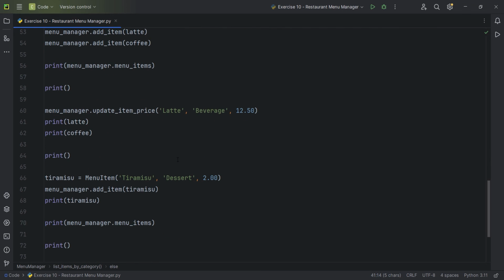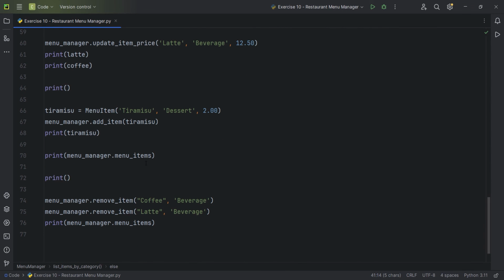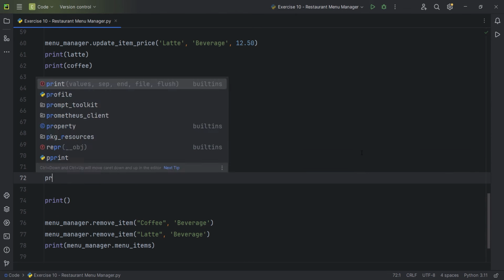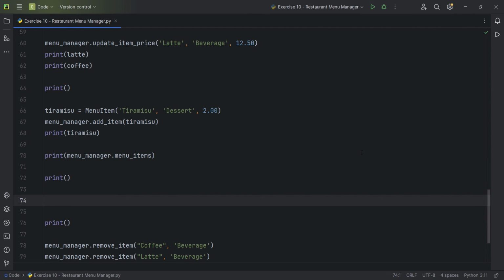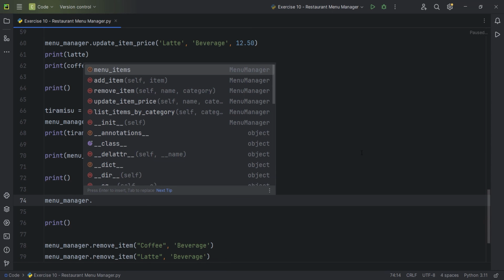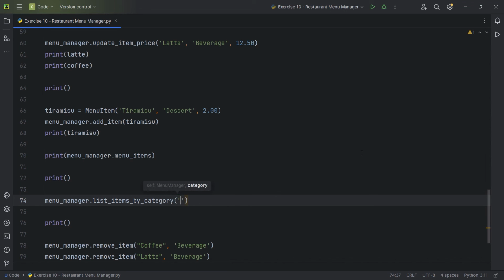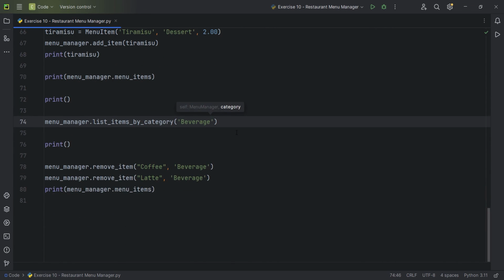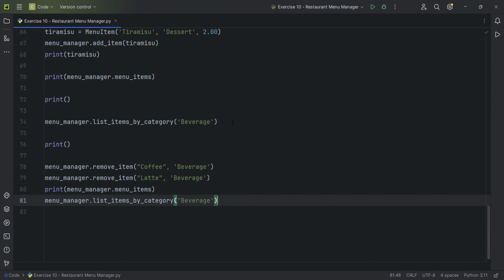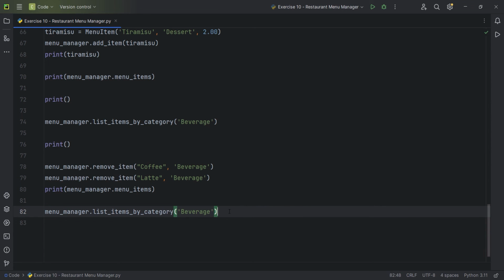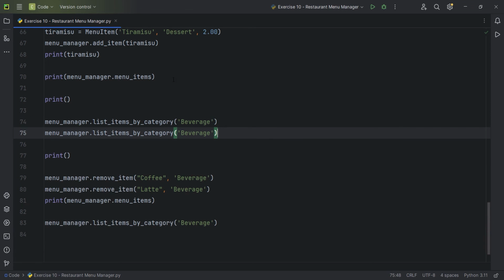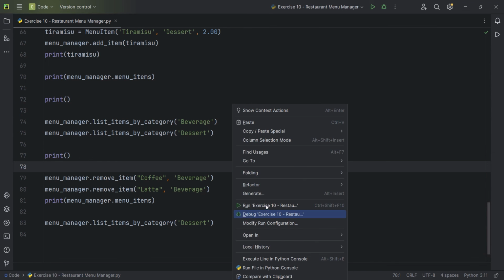So I'm going to print this out twice, once before removing the items and once after. So right here, I'm going to add a print, and I'm going to say menu manager dot list items by category, and I'm going to print out all the beverage, and I'm going to duplicate this and print out all the beverages again, and I'm also going to duplicate this and print out all of my desserts. Boom, boom, there we go. Right click and run,